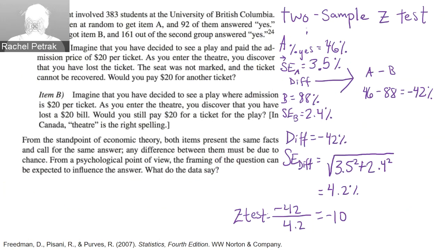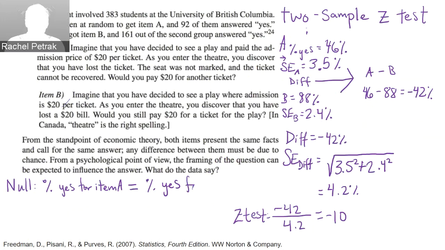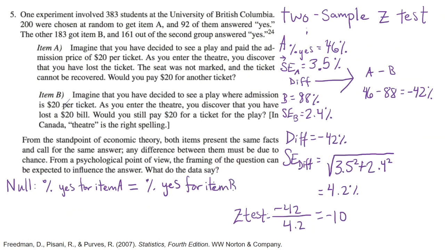We didn't write out the null hypothesis, but the null hypothesis would be that the percentage of participants who answer yes for item A is the same as the percentage who answer yes for item B. So are we going to reject or retain? You decide. Very good. We are going to